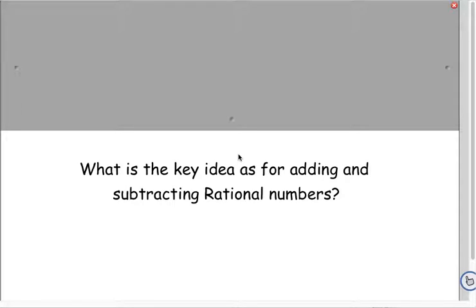So, what is the key idea for adding and subtracting rational numbers? What's the key idea, Gabriel? I think it's the same as adding and